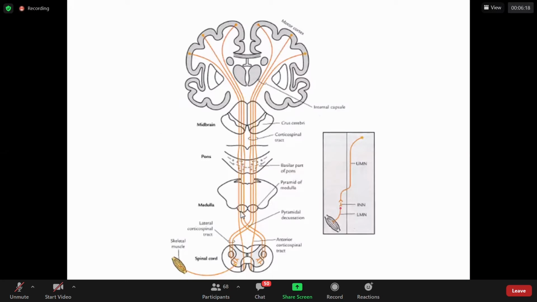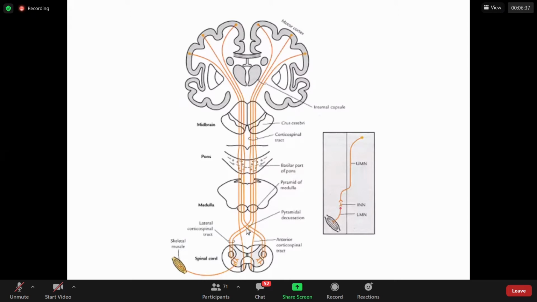So the tracts, the descending motor tracts which do not decussate at the pyramid of the medulla oblongata, are called extrapyramidal tracts. The descending motor tracts which decussate at the medulla oblongata to the opposite side